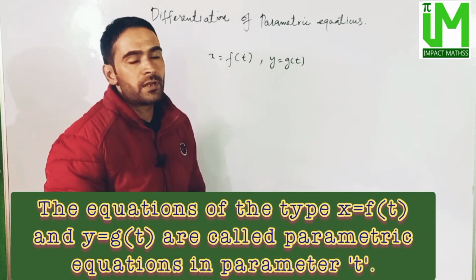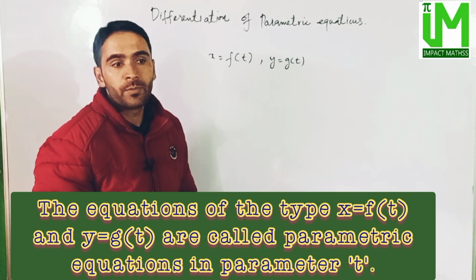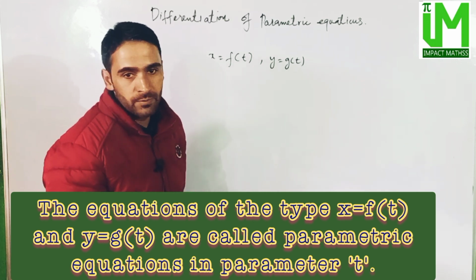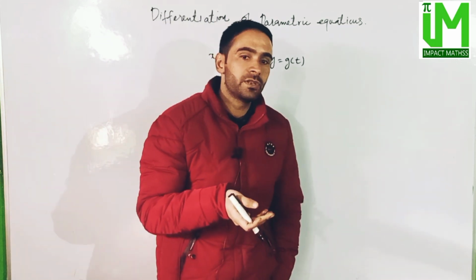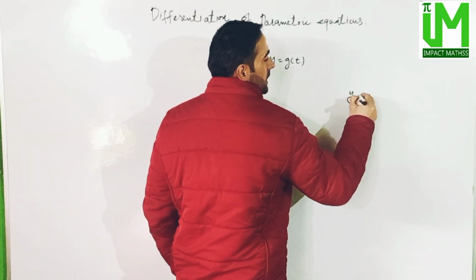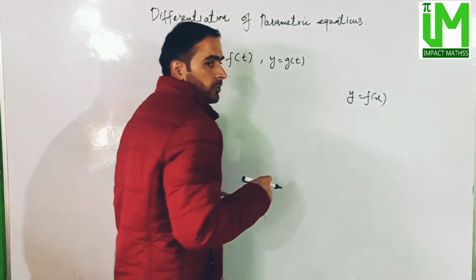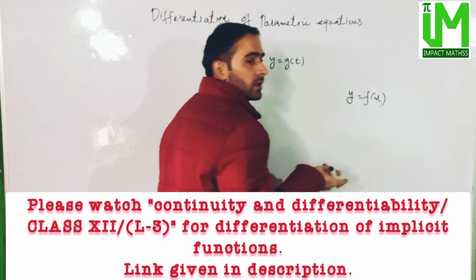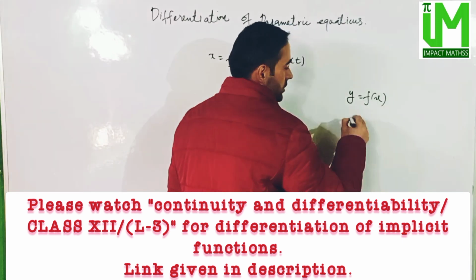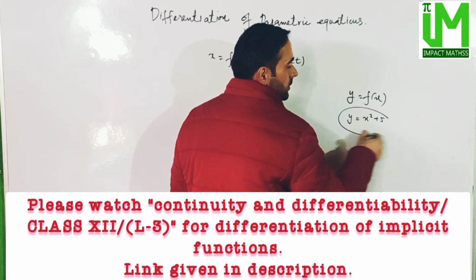Earlier we have seen equations of the implicit type and explicit type. So the explicit equation was, say, y is equal to f of x. This equation, or this function, was called an explicit function. So if we have y is equal to x square plus 5,